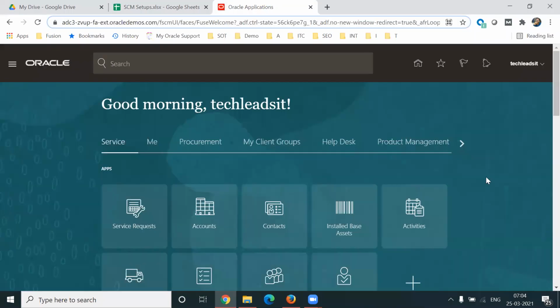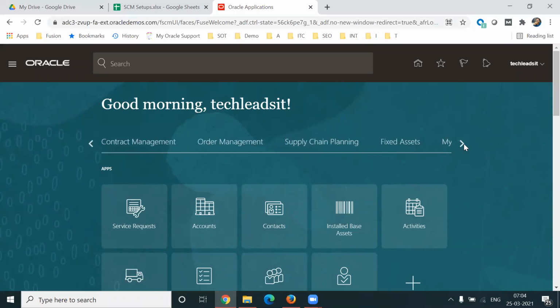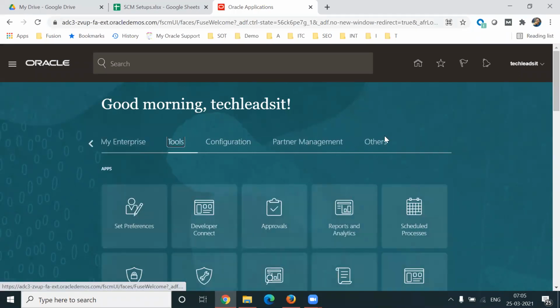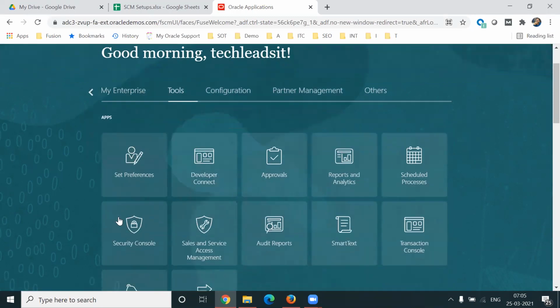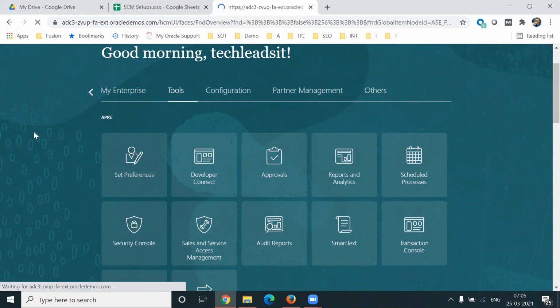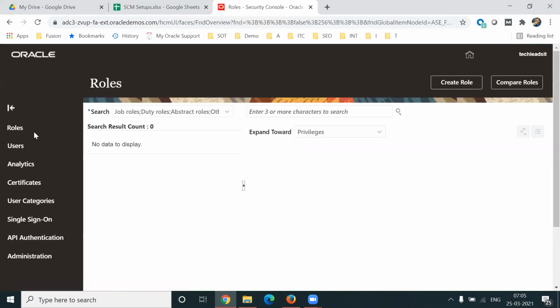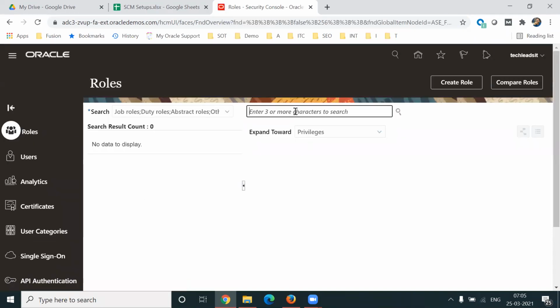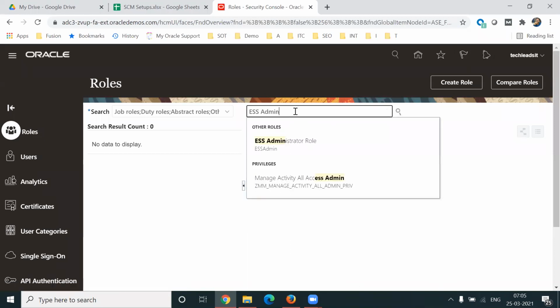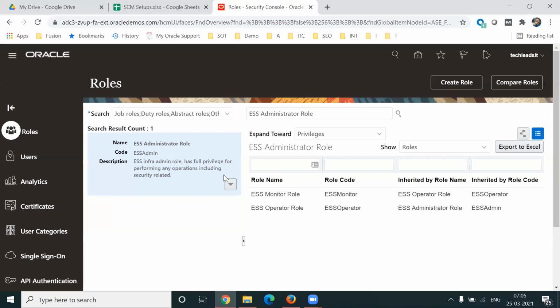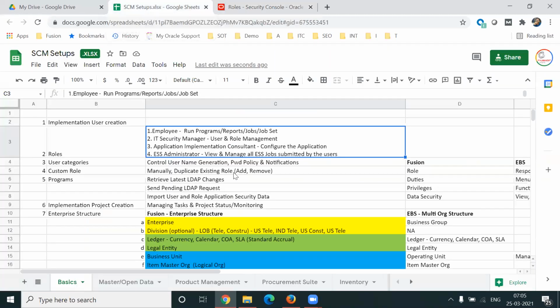Okay. User management and role management are under Tools, Security Console. So we are talking about this role, the ESS administrator role, this one. You're not able to assign this role to the user directly. We have to create a similar role. We'll do that. Before we create a custom role,